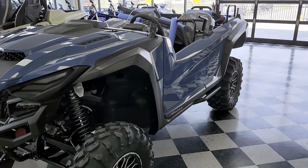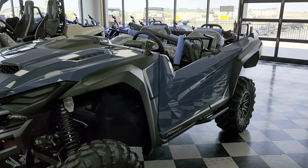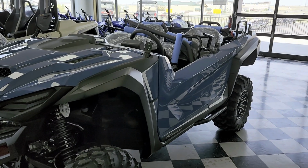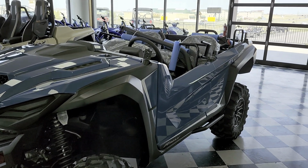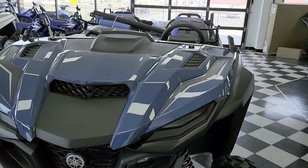Okay, so I just was in town. My wife was here, and I figured I'd stop in at Black Hills Powersports. And lo and behold, our brand new 2025 RMAX 4 LE compacts are in the store. And this blue,